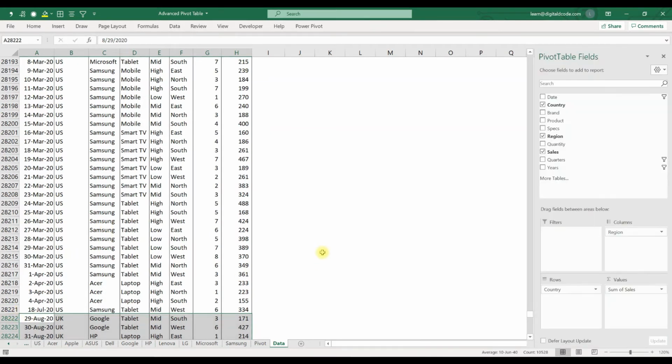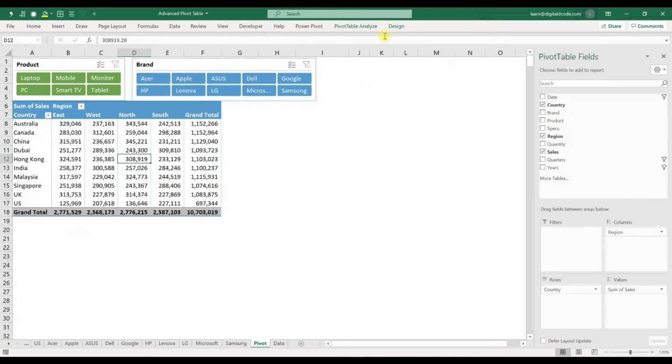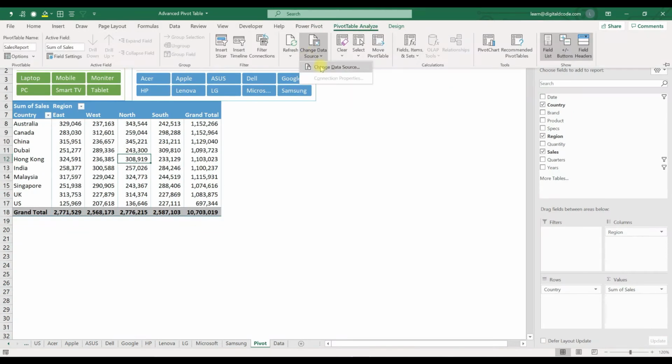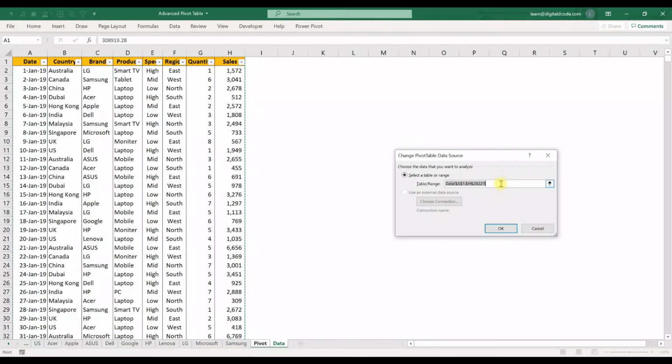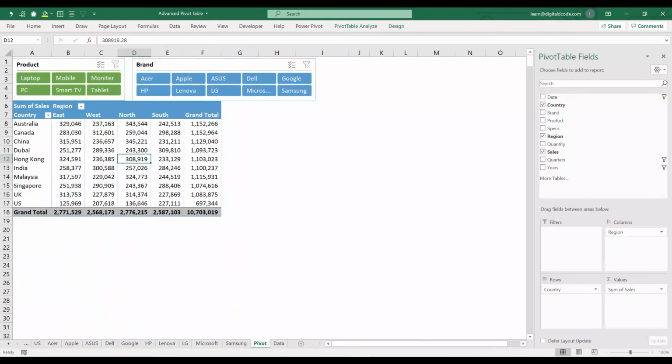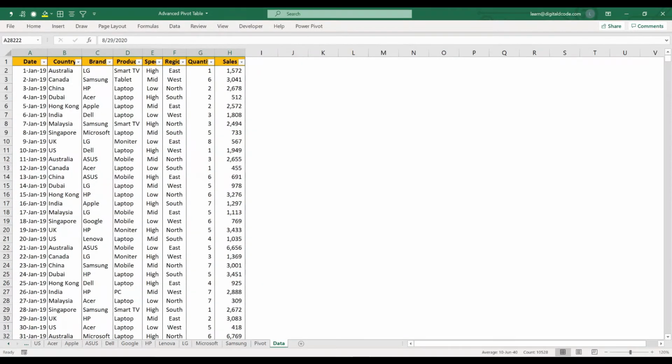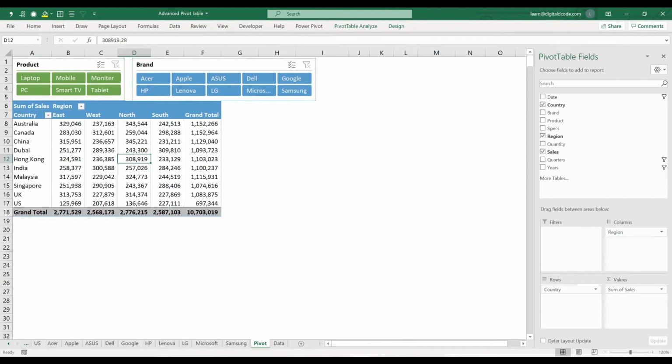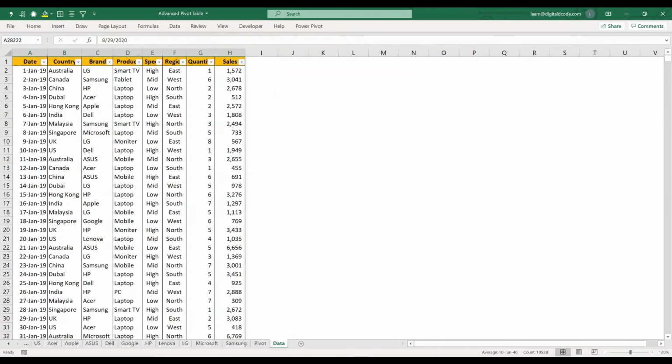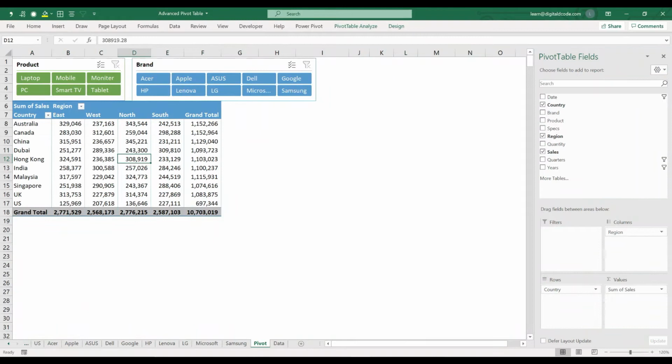To check that, click the pivot, 28221. At any point of time, if your total data is not matching with the pivot total, the only issue is the data range. So you have to go and check the data range, because sometimes people get confused. Data shows some values and the pivot shows different values.